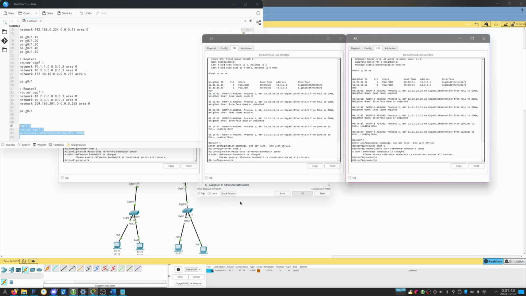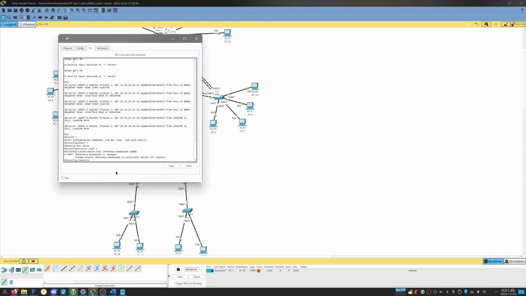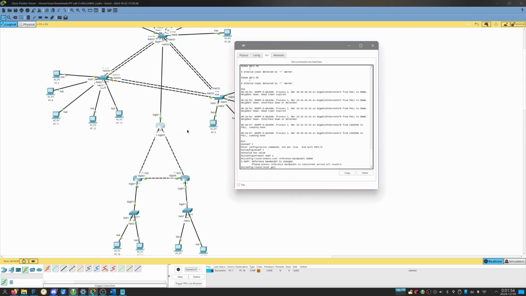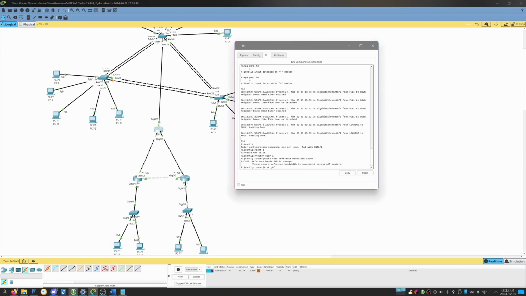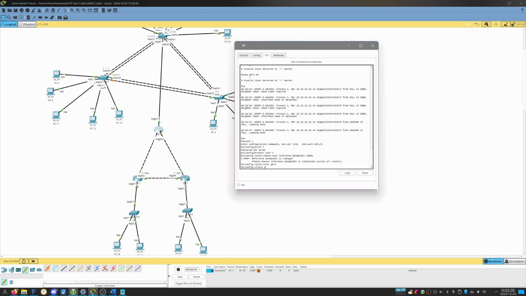And then we're gonna say int gig 0/2. Gig 0/2. And then we're gonna say IP OSPF cost, and then we're gonna check